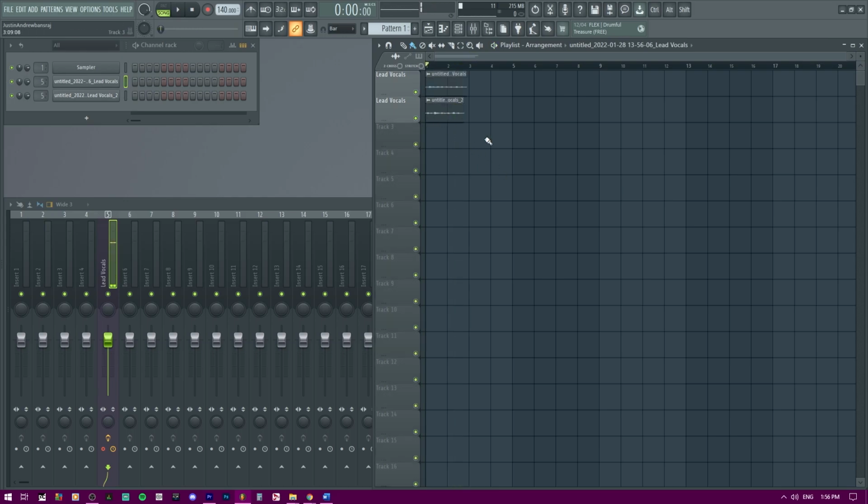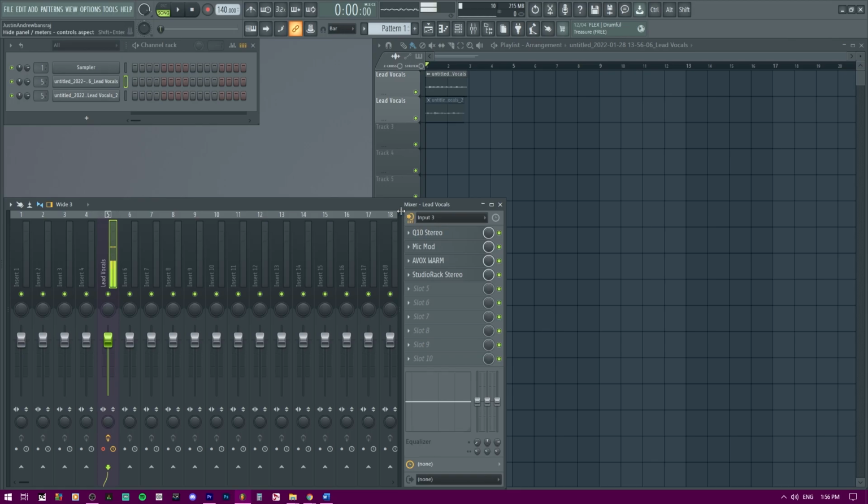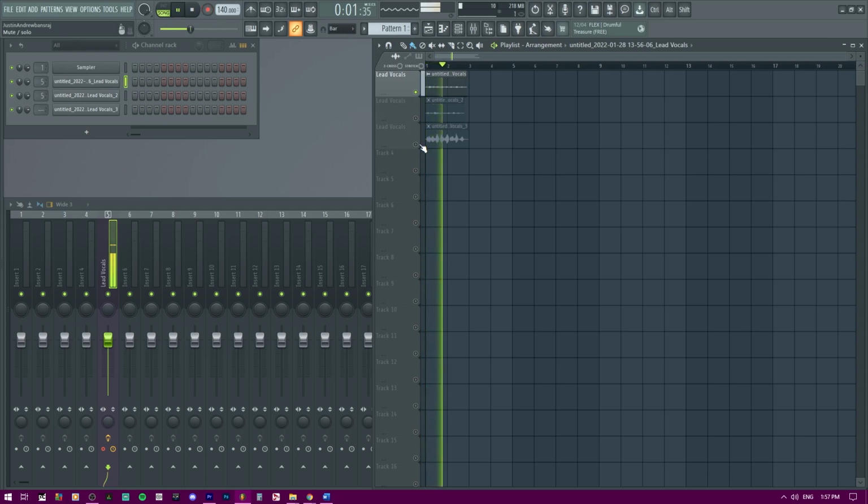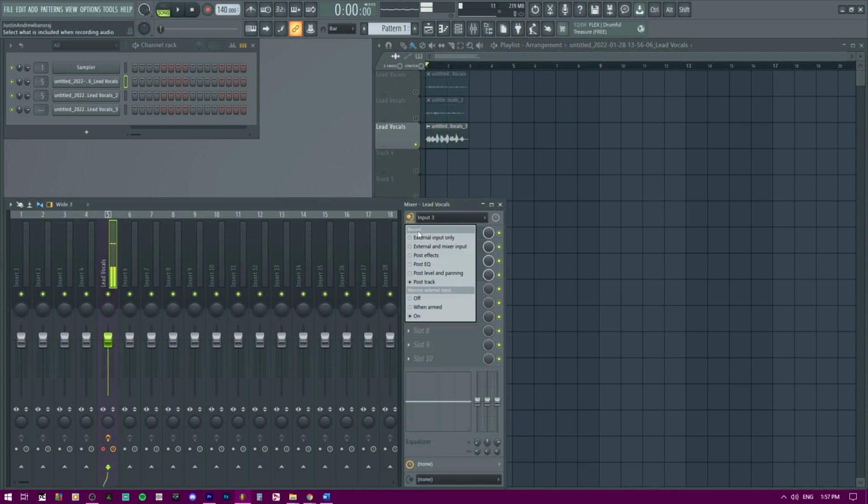Isn't that cool? Normally, like I said, it would be like this. This is my third track take right here. If I hit play on the first one again, this is my first test, and the third one, this is my third track take. That's very convenient for those who want to record and leave their tracks in the same insert where their effects are, to record seamlessly. Before that, we had to record it and have it routed to something else.